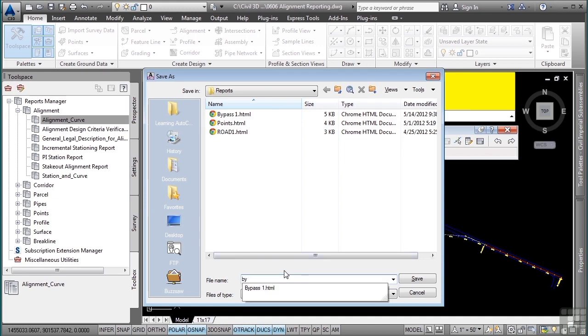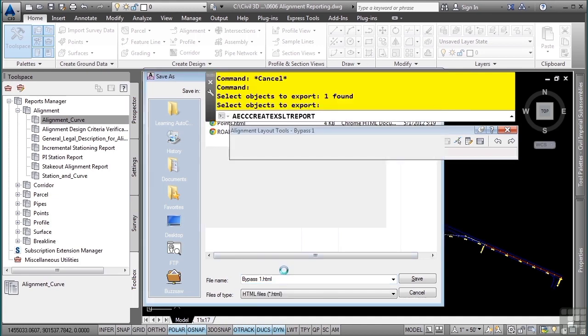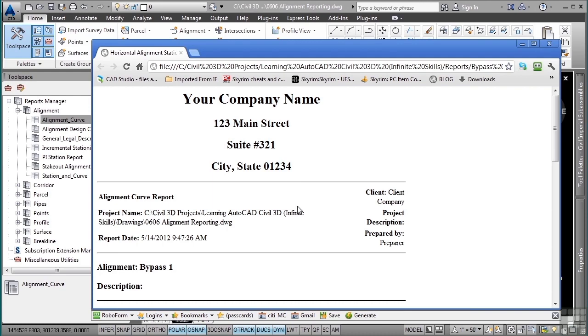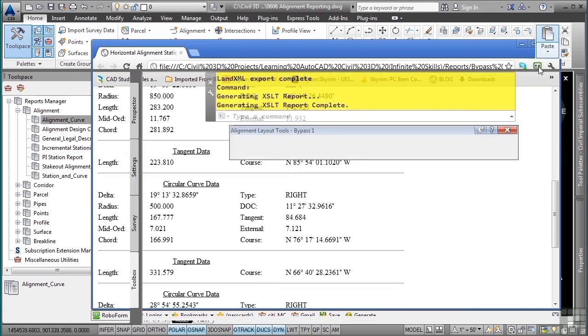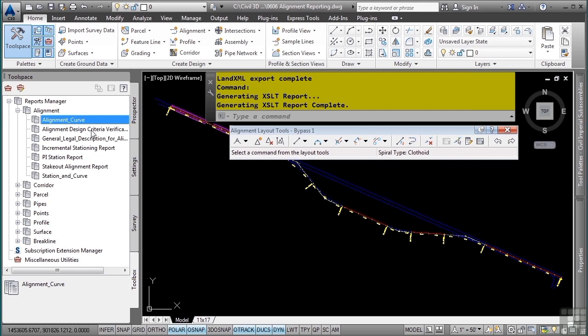So we'll call this one bypass 1. And then in your default browser, you will have an alignment curve report showing you the tangent and curve data. There are also some additional reports here, such as a legal description, also incremental stationing report, which is also very nice. It'll actually show you at a specific interval, you can see the northing and easting for the interval that